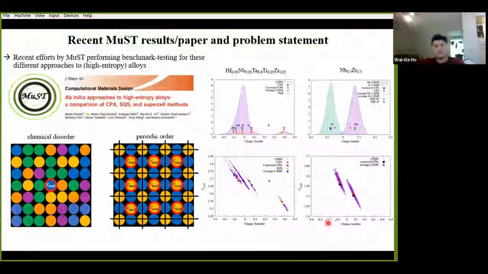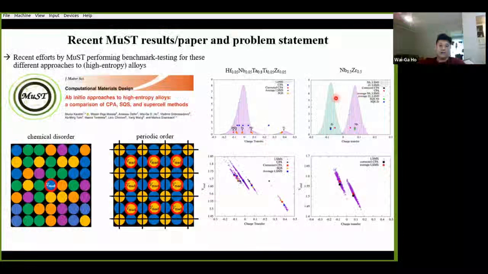So now, going back to the results of the recent paper, we can see the charge transfer statistics that were provided by LSMS for the high-entropy alloy over here, as well as for a more conventional binary alloy, which I copied to the right column over here. For comparison, we can also look at the CPA result for different elements that form the alloy, shown by the blue dots in this panel, and the red dots in that one. All right. Now, from these figures, we can see that the distributions are quite Gaussian in their shape.